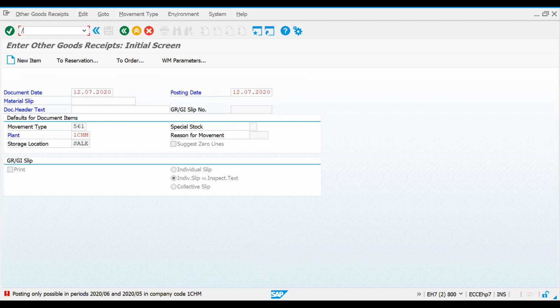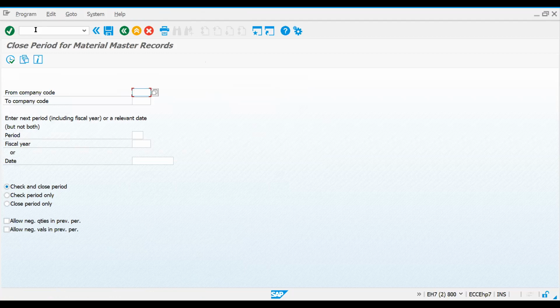Let's go to the transaction called MMPV. This is the report which is useful for opening your posting periods. Now enter your company code 1CHM, which has already been created. Now let's see the period. It is asking for 05. Let's check this first.